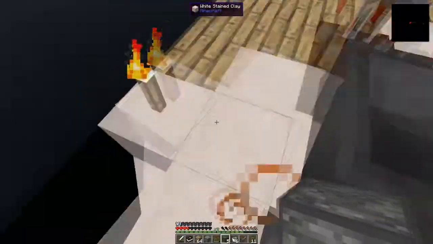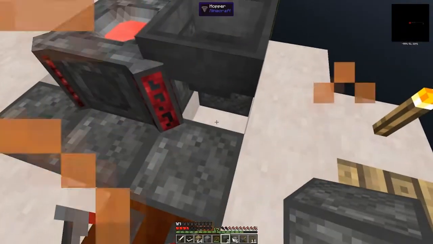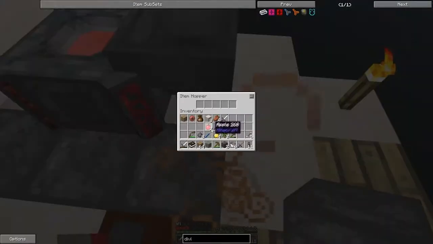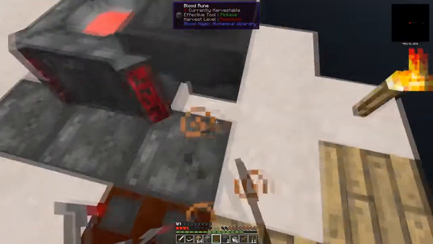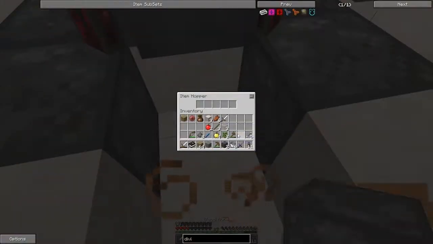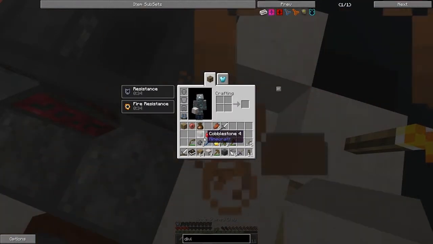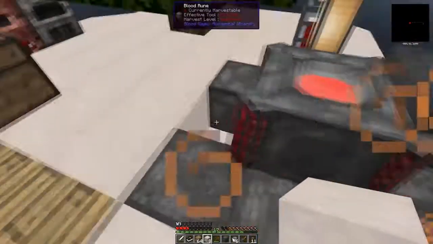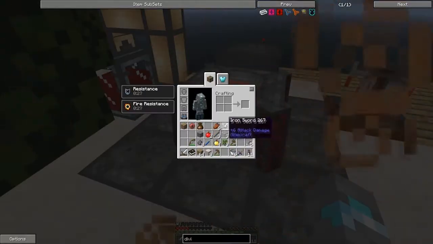Okay, so blood rune here, here, and here. Eventually, I'm gonna have a mob spawner right next to the. Knock that one out. I don't know if that one's going to break completely if I take it out of there. Pop that down there. Bung that back in. Stick that in there, and now we can pop